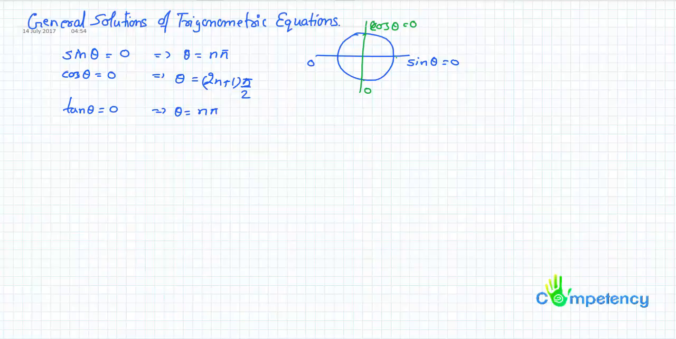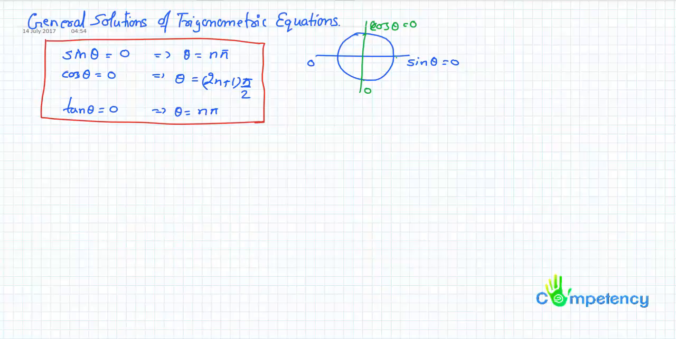So basic, these are the general solutions for 0. That is, if sine theta is 0, theta is n pi. If cos theta is 0, theta is an odd multiple of pi by 2. And if tan theta is 0, that means theta is any integral multiple of pi, or n pi. Next, we are going to see how to find general solutions when these values are not 0 and it may